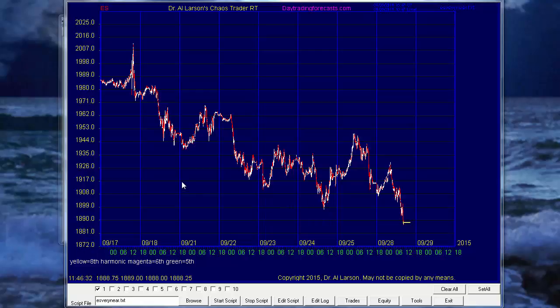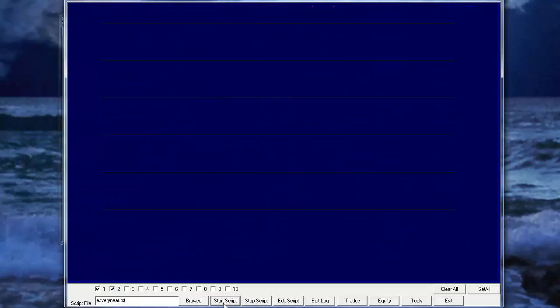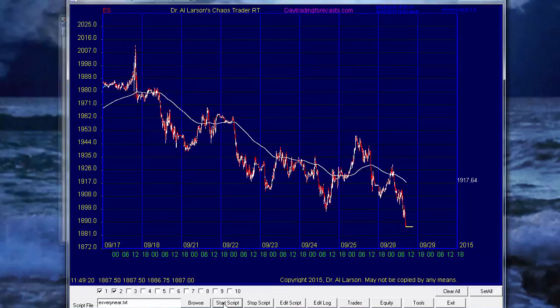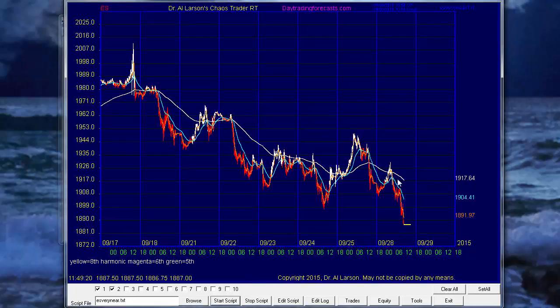If you're a technical analyst, one of the things you might do to this chart is add something like some exponential moving averages. And if you do that, they might help you figure out where some decent trades are. This is a 2400 minute exponential moving average, a 440, and a 55 minute. And you can see that a crossover sell here would have worked, but you would have gotten chopped up in here. So there's a possibility that